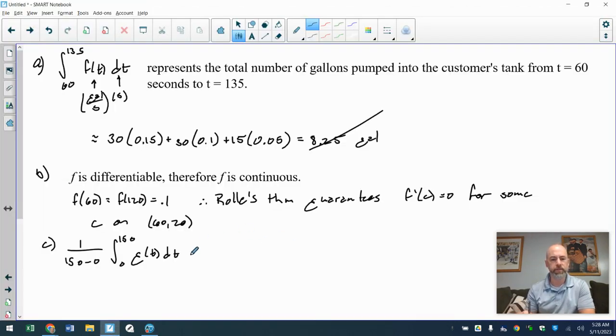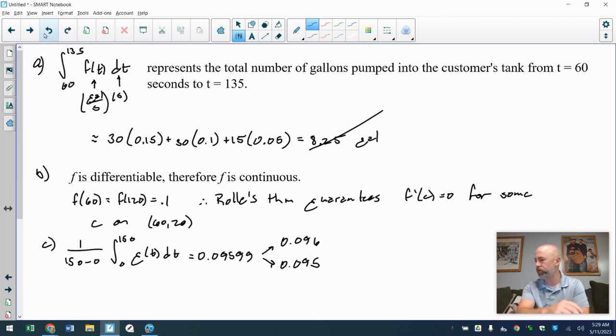0.09599. So this is 0.09599, which you can round to 0.096, or you can truncate to 0.095. You must go to that third decimal. You also have the option, like you can stop right there. You don't have to stop at 3 decimals. You can include more. And finally, use the model G defined in part C to find the value of G